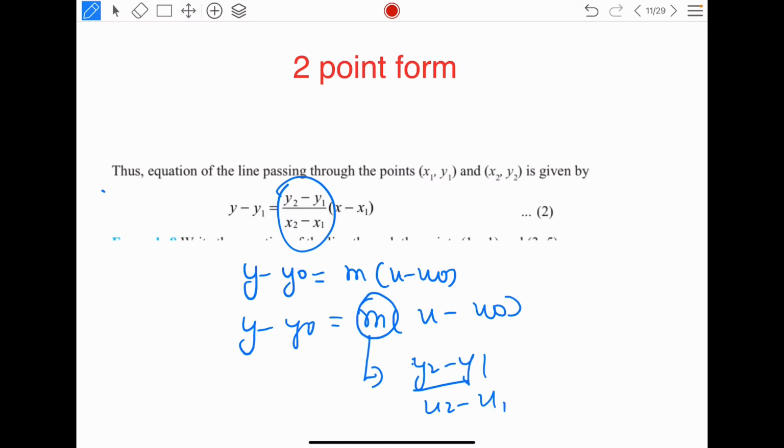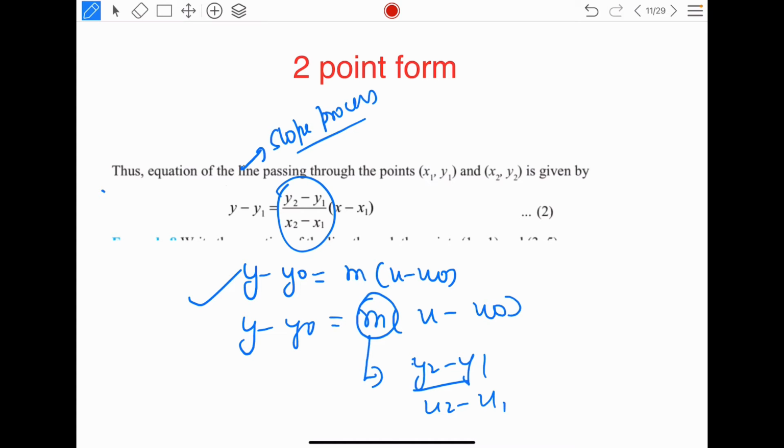That's the same thing you have to do here also. There's nothing changed. Just the simple thing is, if a line is passing through 2 points, the slope we can find using y2 minus y1 upon x2 minus x1, which I just explained a few slides back. So just the process of finding the slope changes. You can use a different formula for the slope, but the general equation of the line is the same. It's still the same formula.